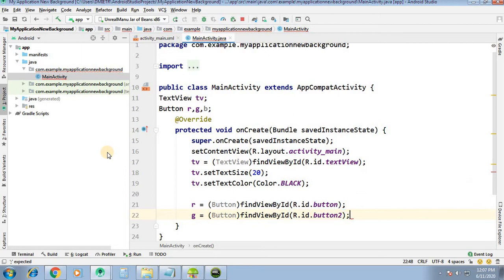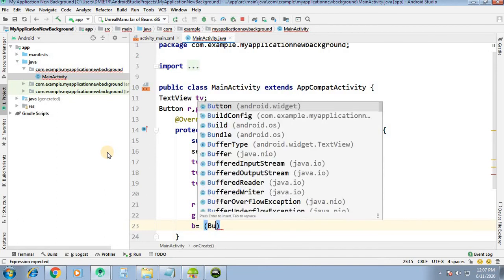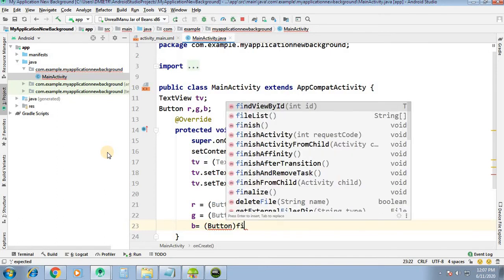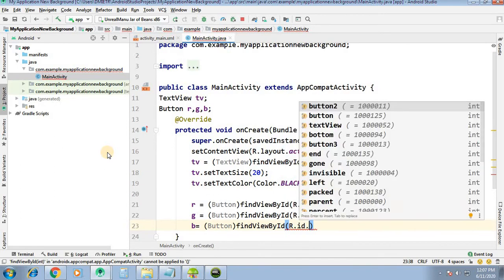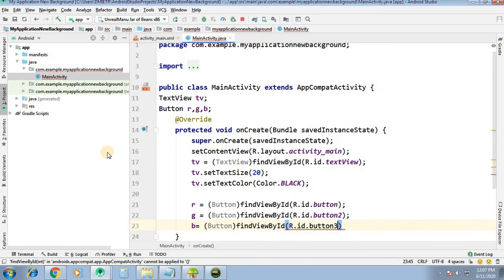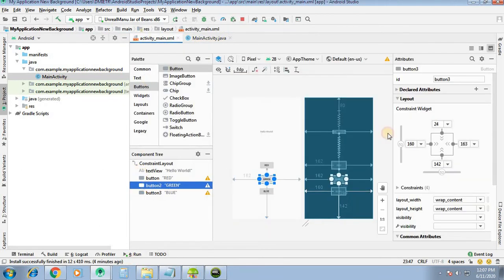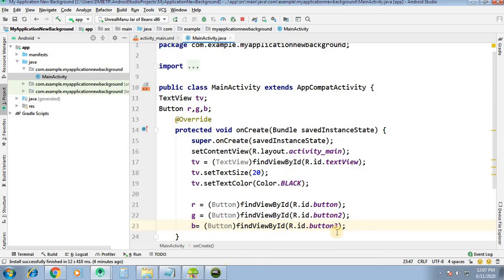This is the ID, and B equal to again button find view by ID, R dot ID dot button 3. We have the button 3. Okay, now as I told you, RGB, let us check once again. For green button 2 and button 3.